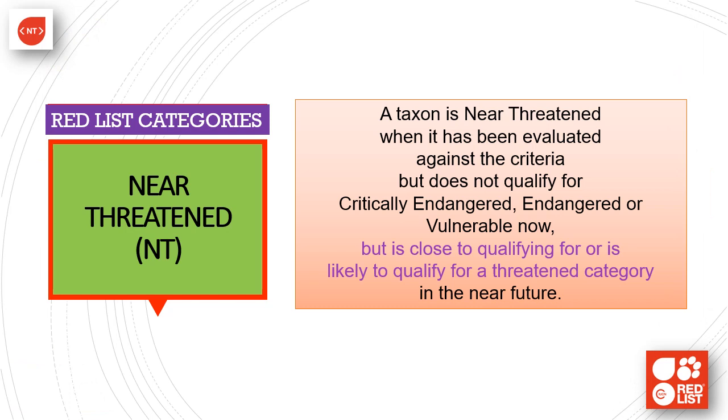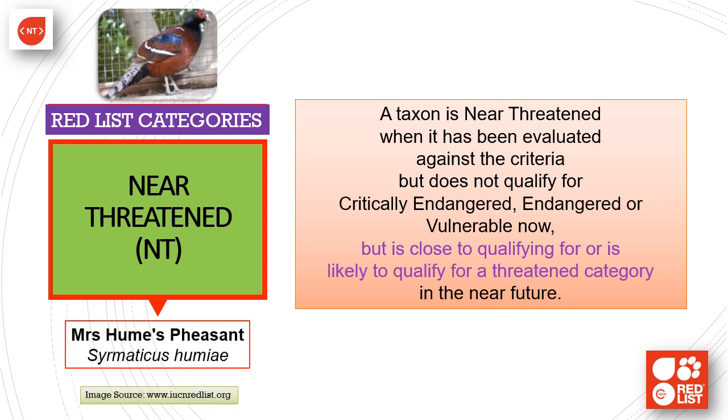Near threatened. So, if a species being assessed according to the criteria of IUCN does not immediately fall into the threatened categories, that is critically endangered, endangered or vulnerable now, but there is a chance that it may qualify for any of these categories in the near future, then it is called near threatened. Example is Hume's pheasant,